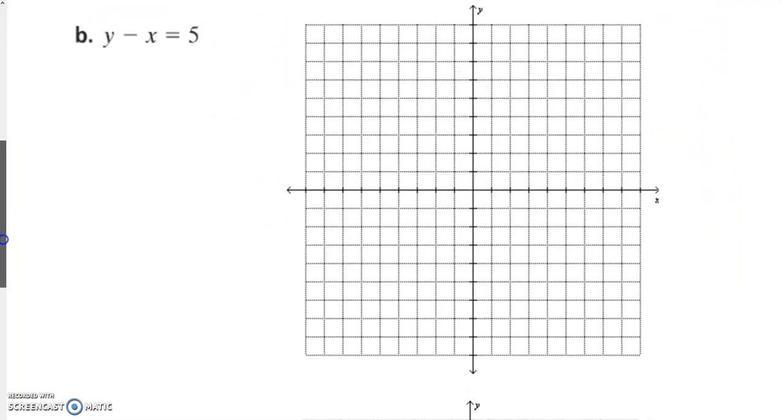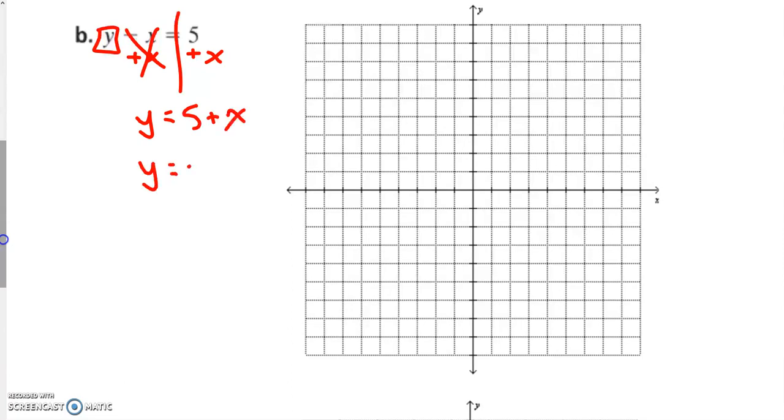Try this big one. I need to get the letter y all alone. Well, they subtracted x, so I'm going to add x. Y equals 5 plus x, or y equals x plus 5, whichever one of those makes the most sense to you. Let's see. XY chart,